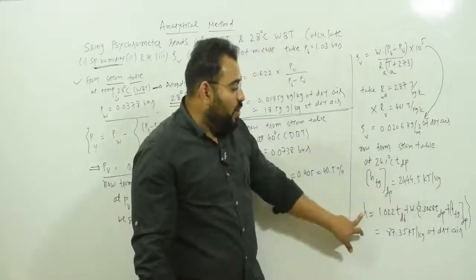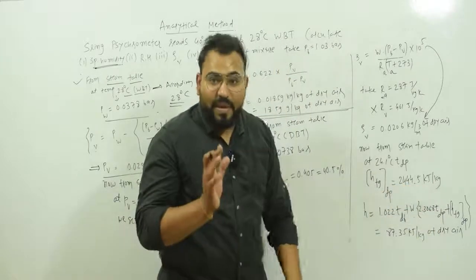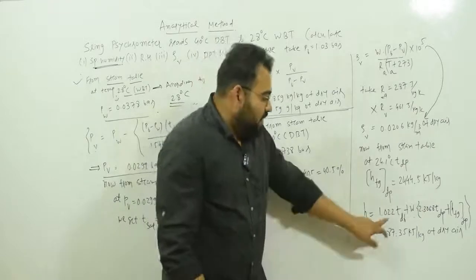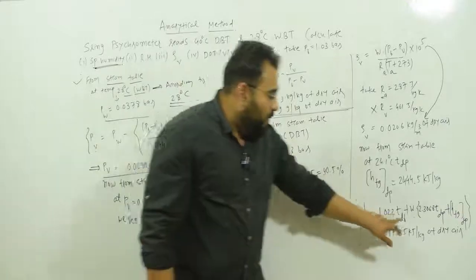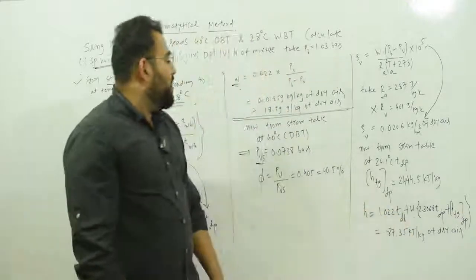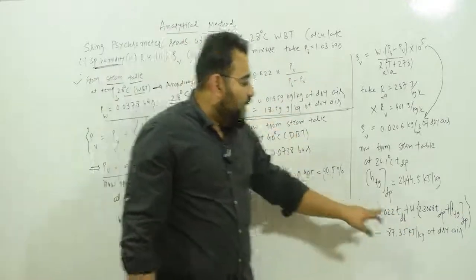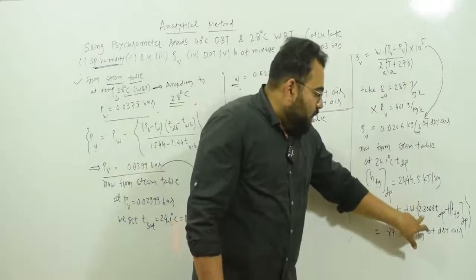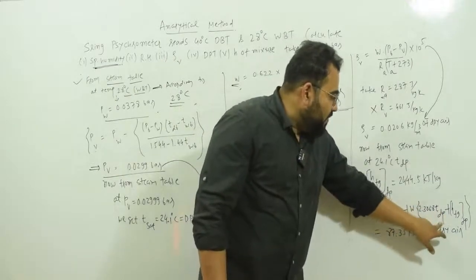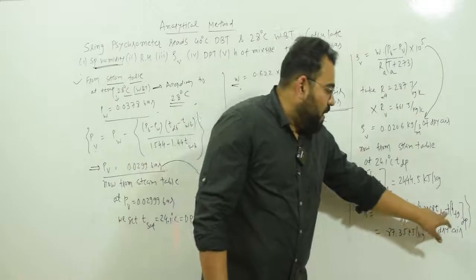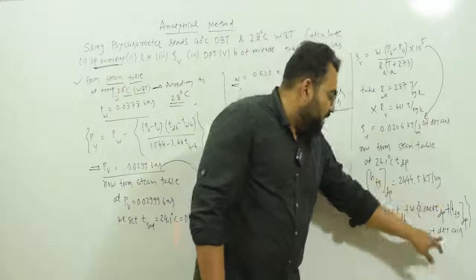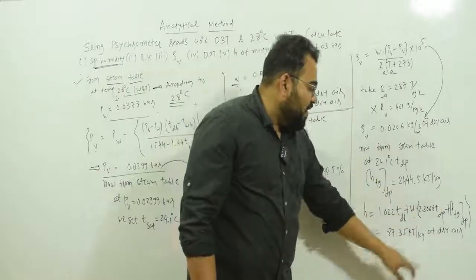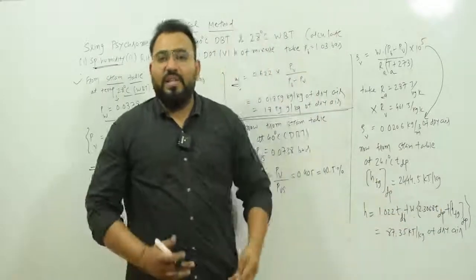To find the enthalpy of the mixture, this is the equation that you have to remember as it is; there is no derivation for that. It is 1.022 times dry bulb temperature, 40, multiplied by 40, plus W, the specific humidity 0.01859, times the big bracket 2.3068 into the dew point temperature, which is 24.1, plus HFG, which you found over here, 2444.5. Your answer will be 87.35 kilojoule per kg of dry air. So this is how you can solve the example.